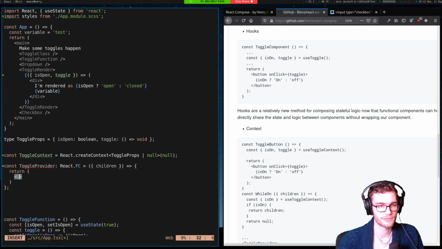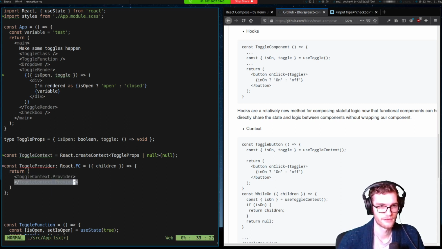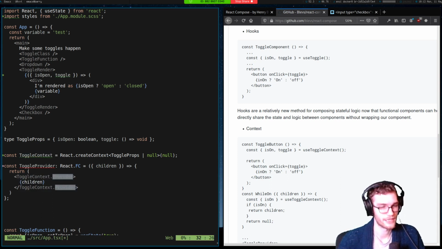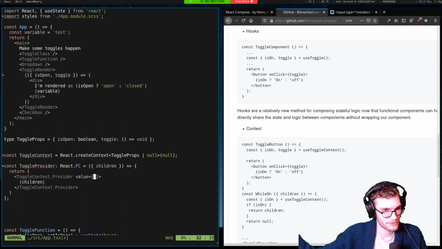It's going to be wrapped inside of ToggleContext.Provider, and it's going to render these children as a child of the actual context provider. And this context provider expects a prop called value that is going to be the